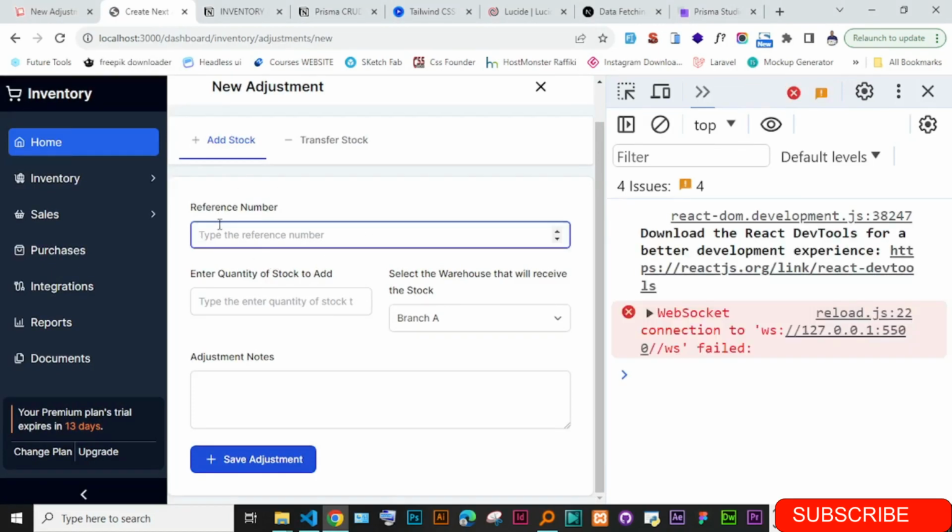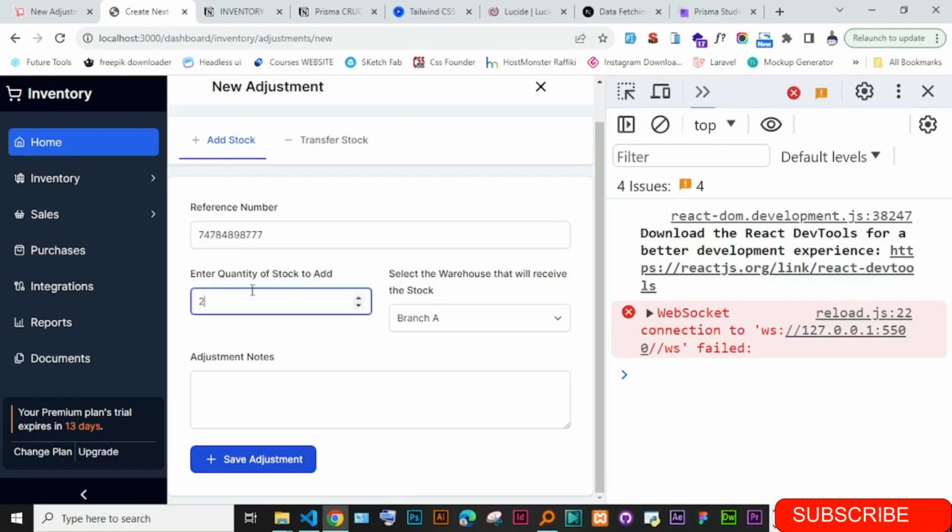Okay, just a reference number. I'm just going to put here some number. Enter the quantity of stock to add. Want to add 200 items. Okay,